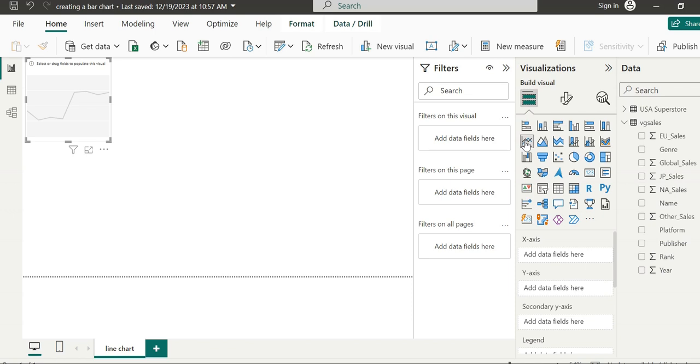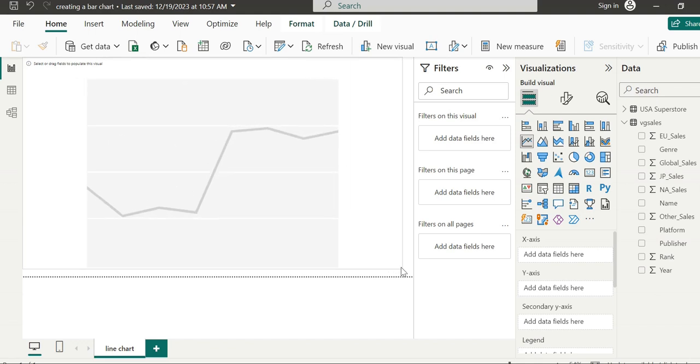and we will go ahead and select fields from the right. We simply drag and drop columns onto the x-axis and y-axis.